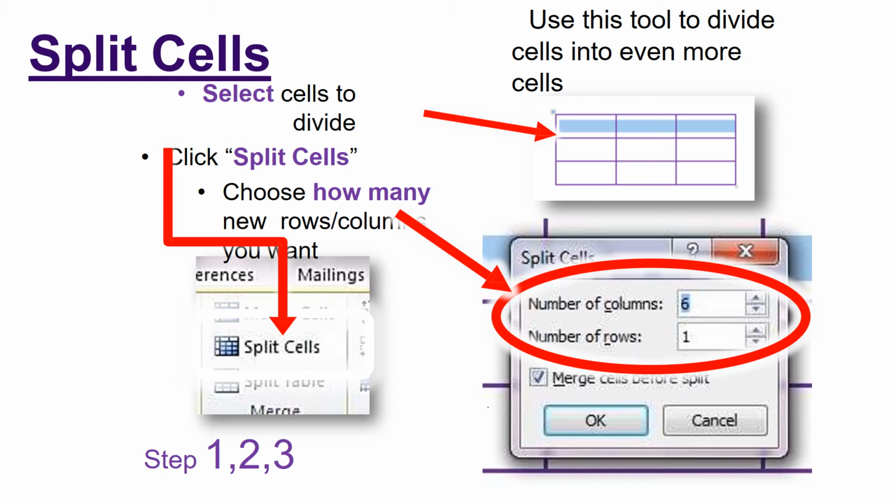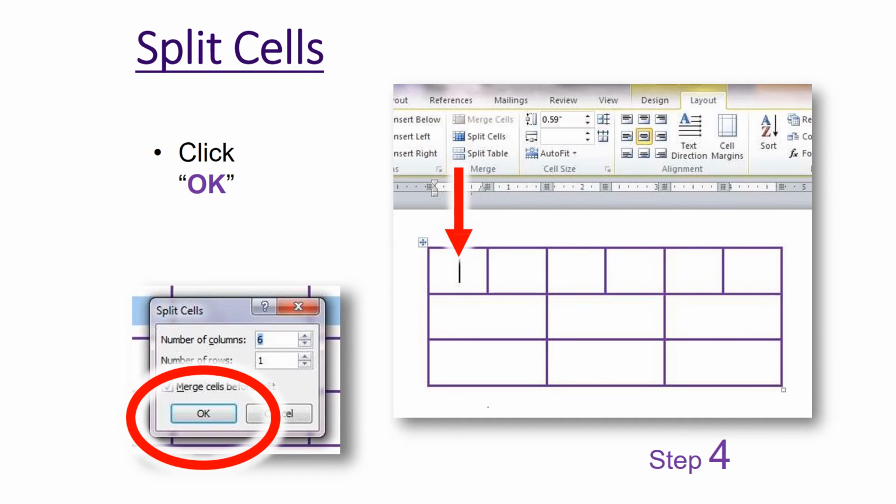Like we have chosen here, similarly you choose how many rows and columns you want. After selecting the number of rows and columns, just click OK. Once you click OK, the cell you have selected will convert into the number of rows and columns you wanted.